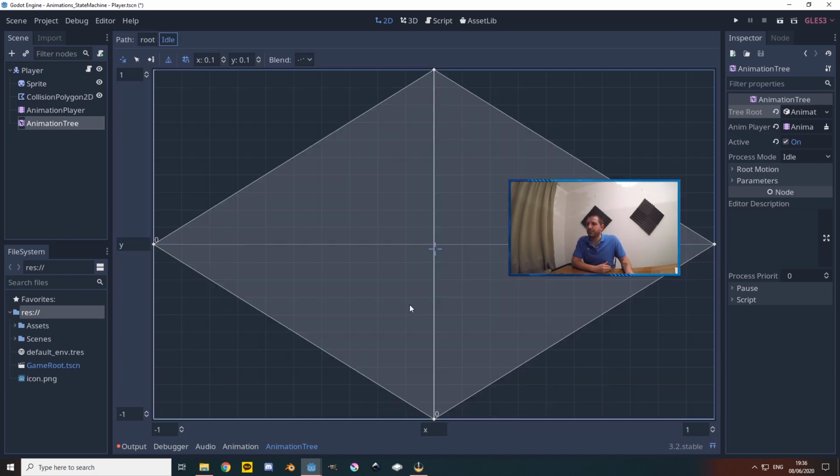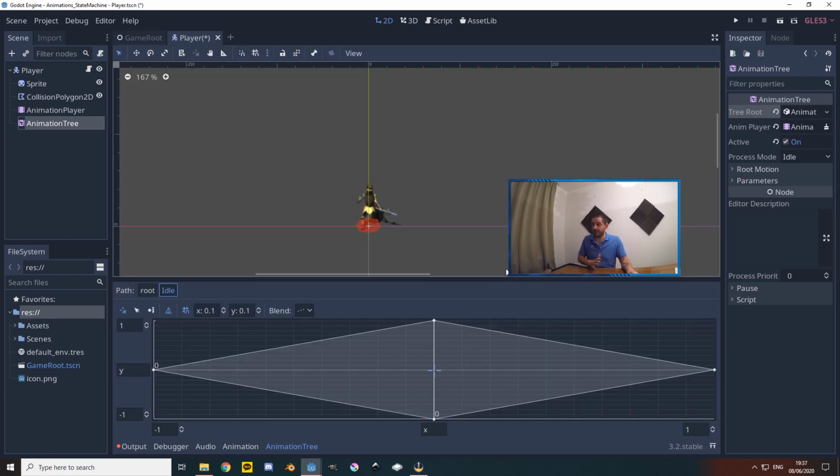And of course, closest is better represented in this view right here. Even in this mode, the squares are not perfectly square. But yeah, this is how it works. The closest coordinate or the closest point is picked as the animation that should be playing. So even if you got joystick input instead of hard values with the arrows, or mouse input, then your character can rotate in every degree in radians. That doesn't matter because it always picks the closest animation. So that's great for us.